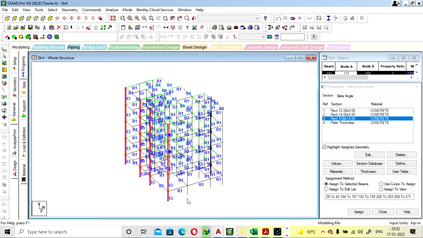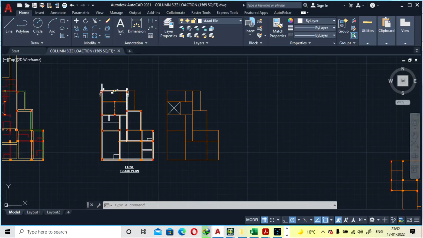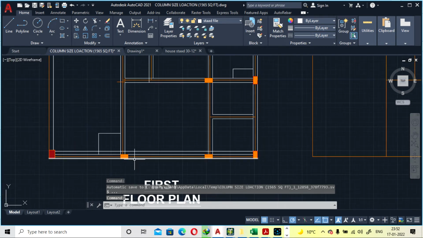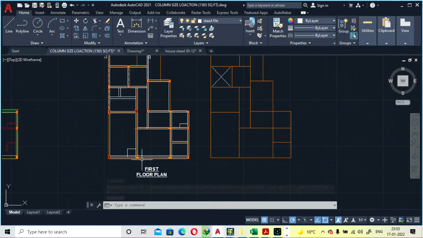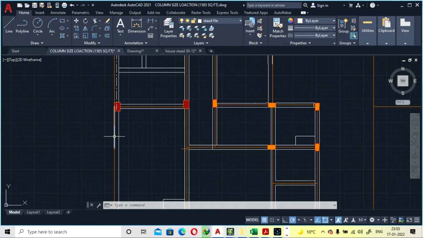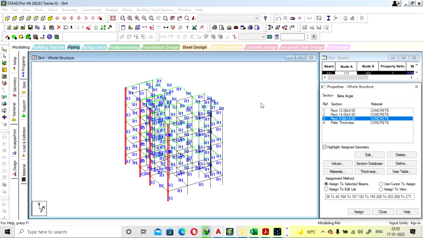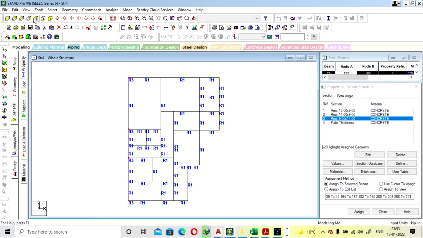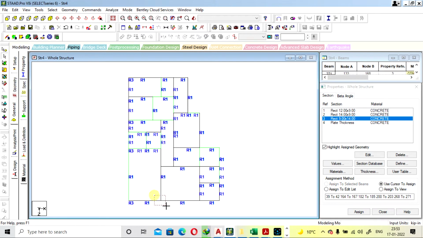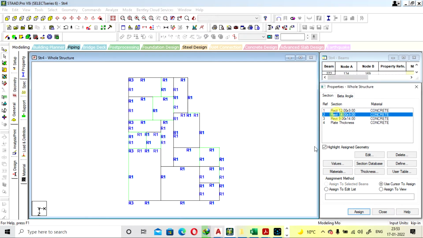Now for this we have to go with R2. Why? Because the direction of X and Y are like this, and for this it is more and for this it is less, for the columns. So for these columns, select R2.